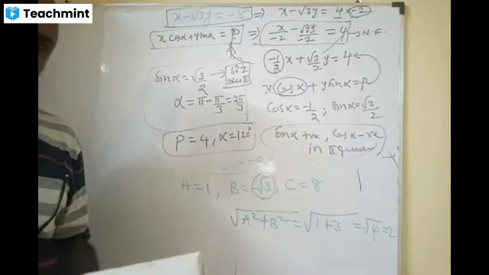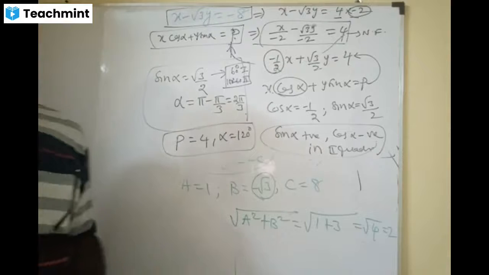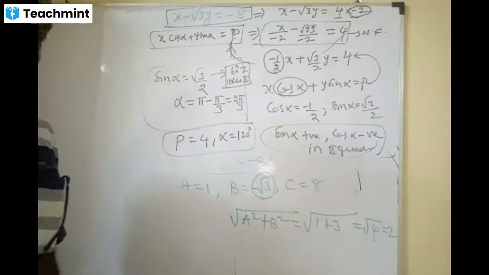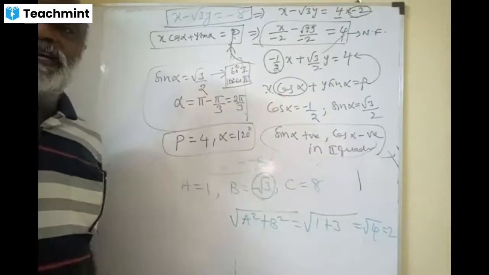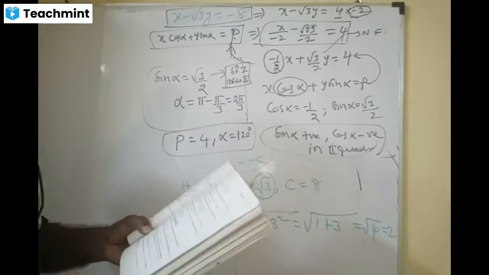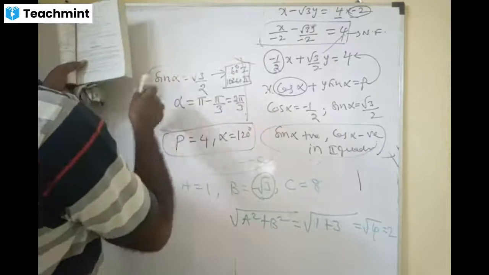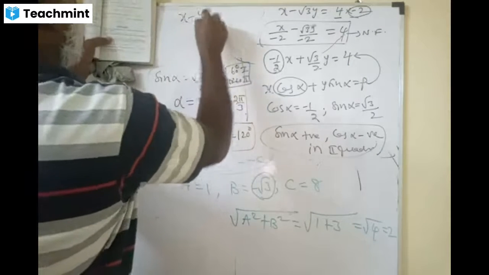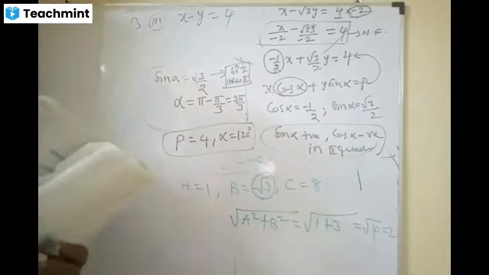If you read the third question, you understand what we are supposed to do under it. Next are the first question and the second question, which follow. You want me to do one more question for this month, the third one? Okay, I'll do one more question so that you get a better grip. x minus y equal to 4, the third question, 3 mark, third subdivision, please.